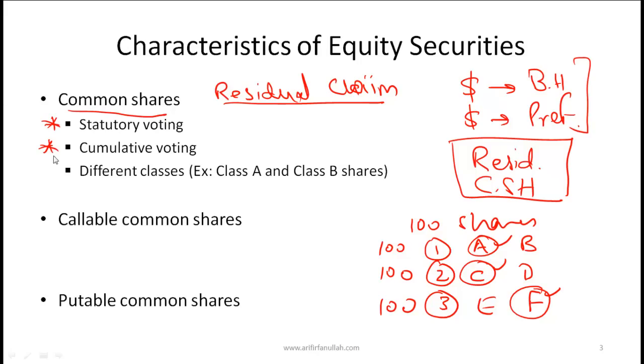Had this been a cumulative voting system, you can take all 300 votes. So if you feel really strongly about A and don't care so much about positions 2 and 3, or don't care too much about C, D, E and F, then you can vote all 300 shares for A. And from a small shareholder perspective, this gives you more power, and generally this is preferred from an investor perspective because it makes it more likely that you can have people that you really want on the